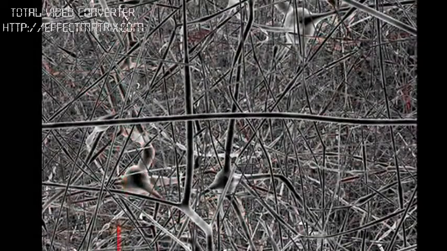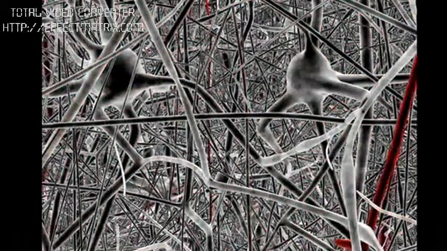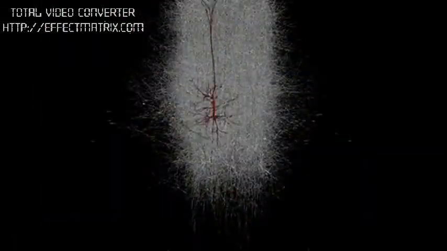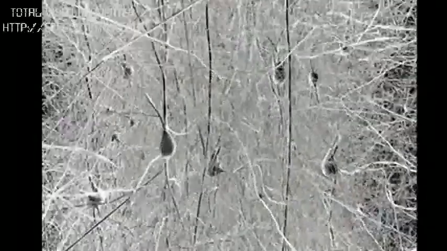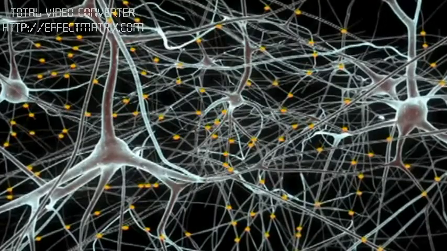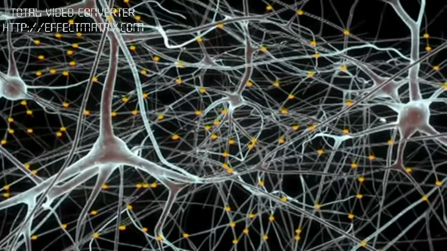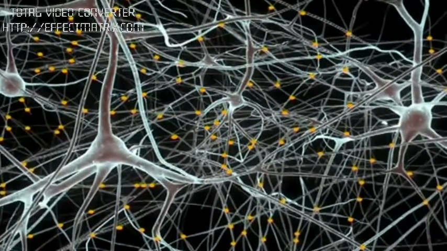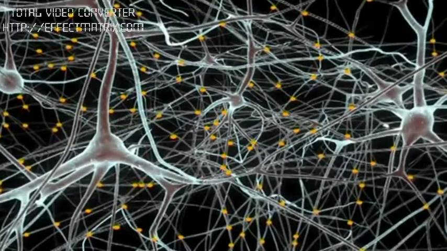But as you do this, what you see is that the branches intersect actually in millions of locations. And at each of these intersections, they can form a synapse. And a synapse is a chemical location where they can communicate with each other. And these synapses together form the network, or the circuit of the brain. Now, the circuit you could also think of as the fabric of the brain. And when you think of the fabric of the brain, the structure, how is it built? What's the pattern of the carpet?